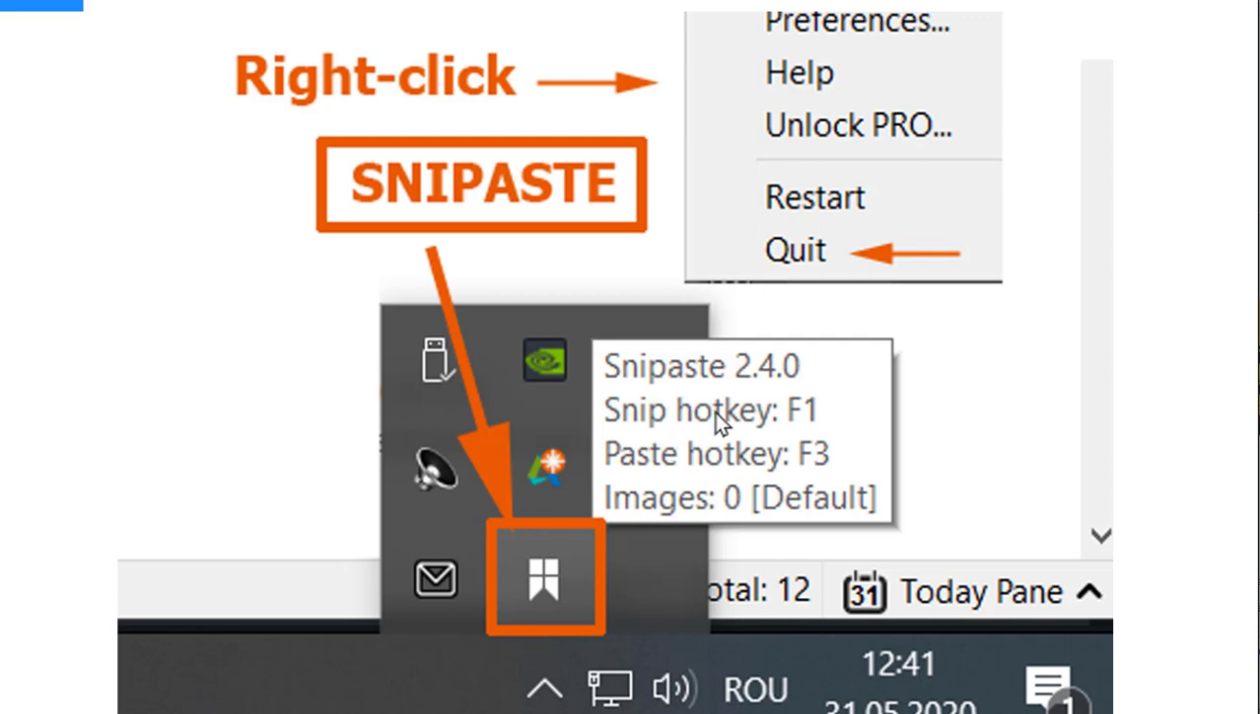As you can see, there are some hotkeys, F1, F3, which are permanently allocated to snipe paste. If you right click on this icon, you'll see some options and you can quit snipe paste to work with F1, F3, which are also used in Inventor. Now let's consider this is here and we have it at our disposition. How does it work? We go back to Inventor,